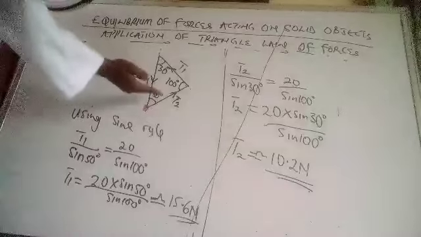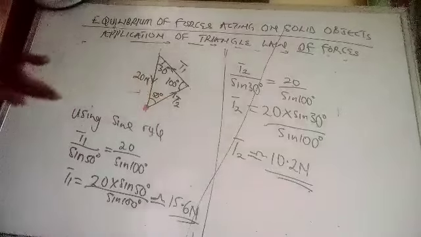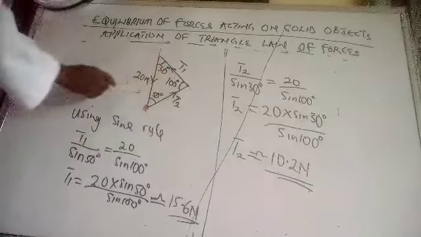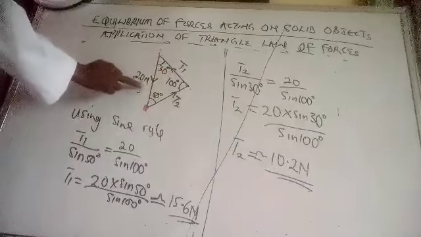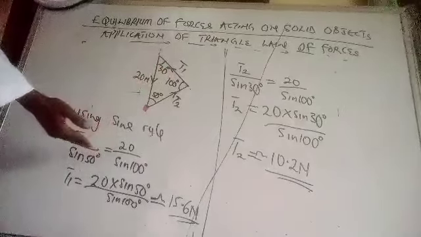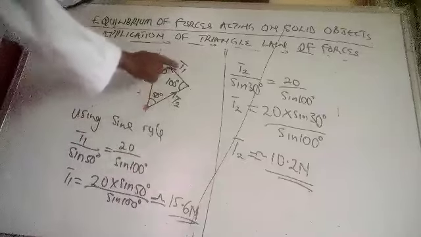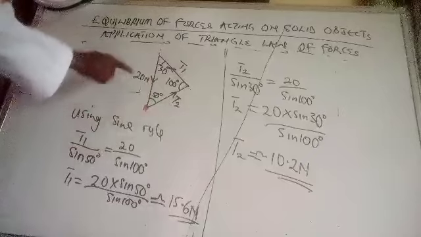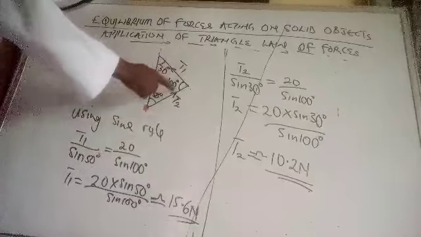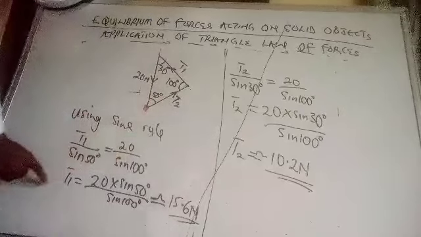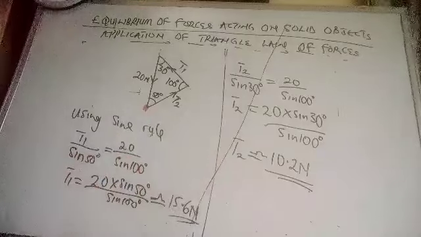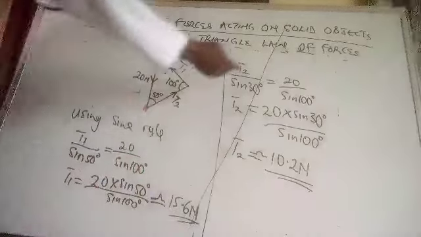Having gotten the triangle, this is where you now need your mathematical knowledge. We have all the three angles and we have one side, which is 20 Newton. I can use the sine rule. T1 over sine 50, which is facing T1, is equal to 20 over sine 100, which is facing 20. Then from there, you cross multiply, T1 will be approximately 15.6 Newton. To get T2 also,